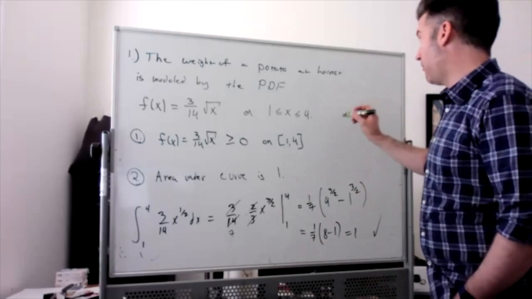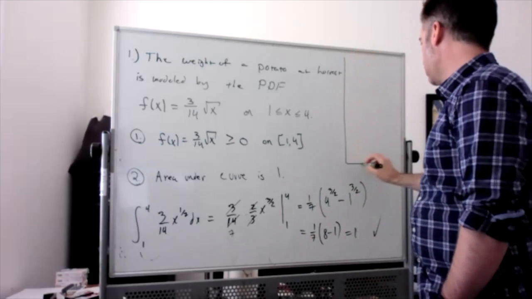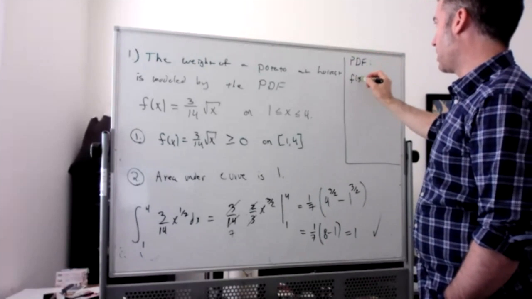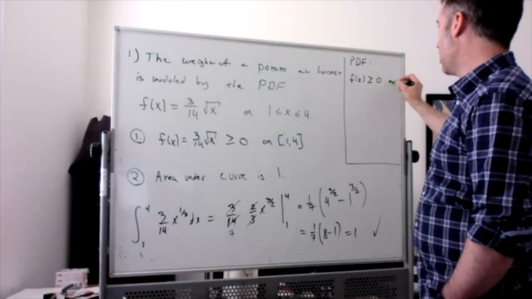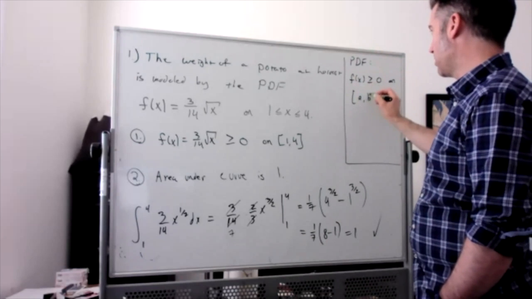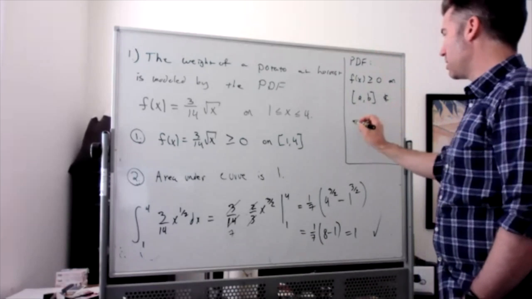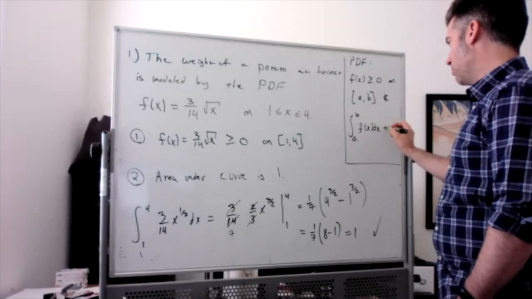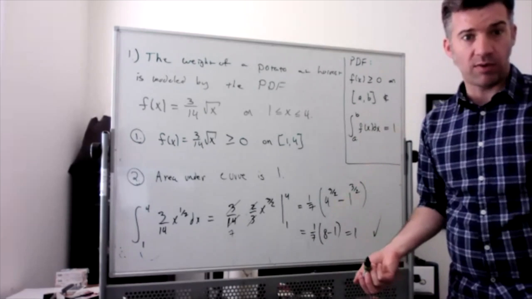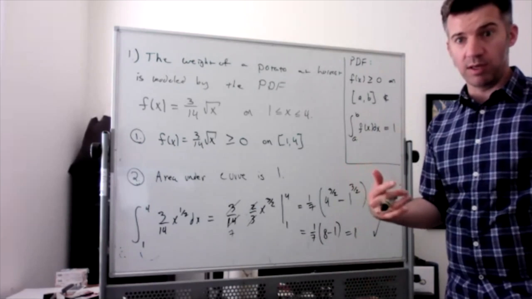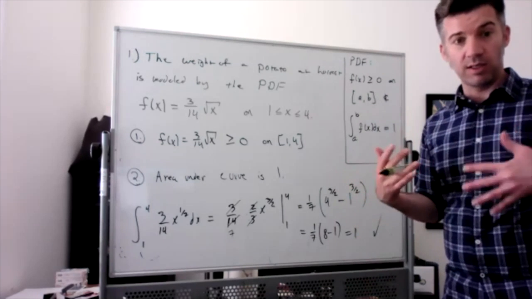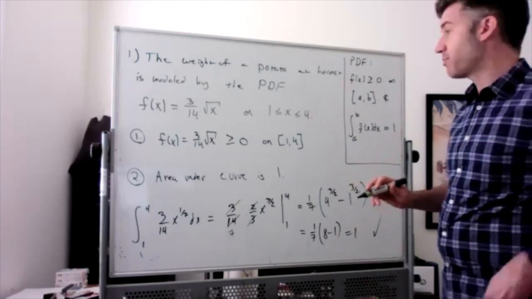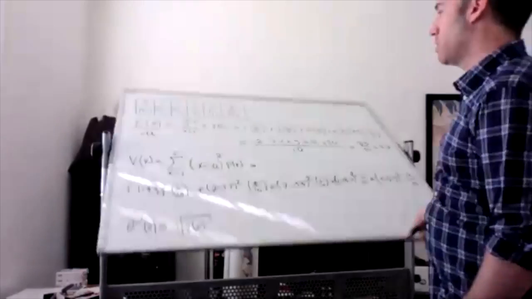And again, to be a PDF, the two things that have to be true is that f of x has to be greater than or equal to 0 on the interval that you're looking at, and the integral on that interval of your function must equal 1. Those are the two requirements for functions modeling continuous probability to actually be a probability density function. Great. So what that looks like